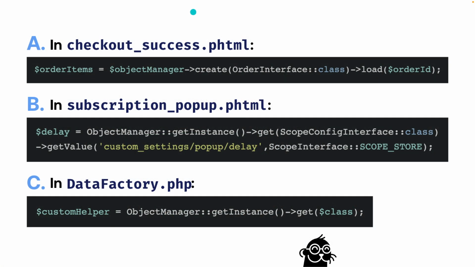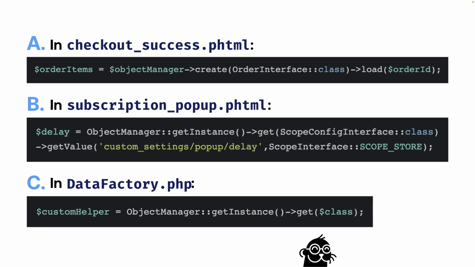Additionally, PHPStorm has gotten a little better with the Magento plugin, but historically there has been non-existent code completion. So we could be writing errors in our code, and static analysis tools just don't work when using ObjectManager. That is another problem. And the nice aspect of using the factory like Magento provides is we have type hinting,